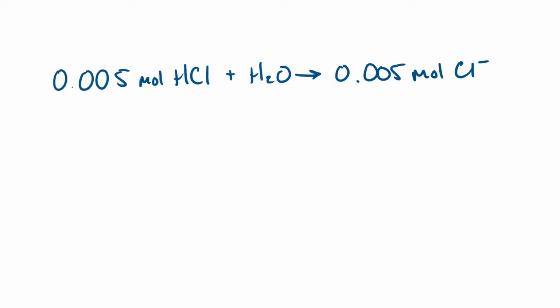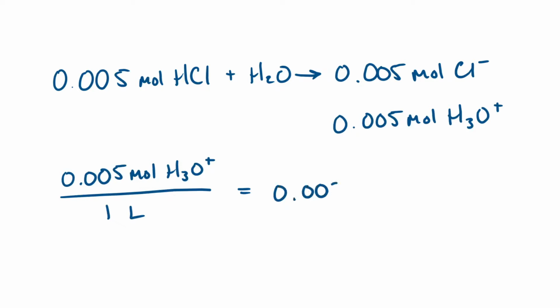Hydrochloric acid and sodium hydroxide are examples of strong acids and bases. Their dissociation constants are so large that we can assume that 100% of everything that we put into solution is dissociated at equilibrium. That means that the concentration of hydronium in the aqueous HCl solution is equal to the amount of HCl added per liter. So for example, if we added 0.005 moles of HCl in 1 liter of water, that would produce 0.005 molar